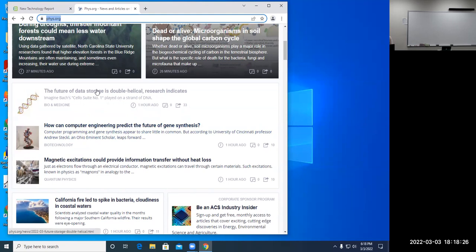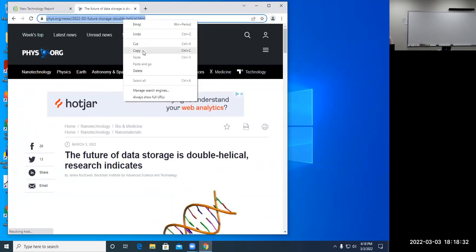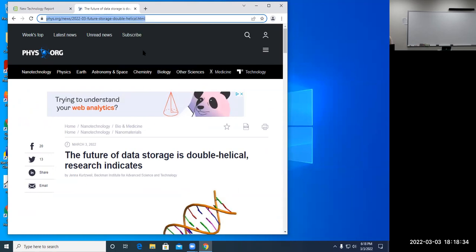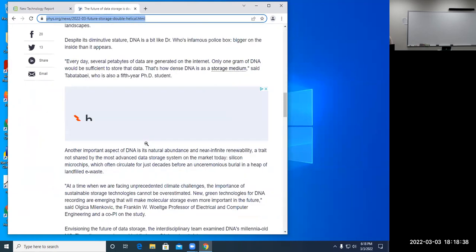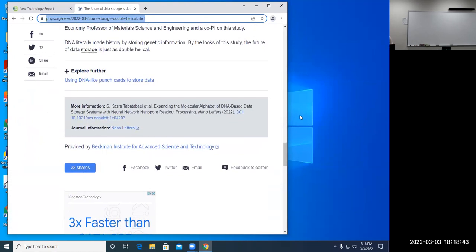So about an hour ago, they released this story, which is new technology, something that seemed kind of interesting. So when I saw it, and yeah, this one does link right to the actual article. If you want to read about the actual article as well, I'll put that in the chat room, and this seems like a good point to do that